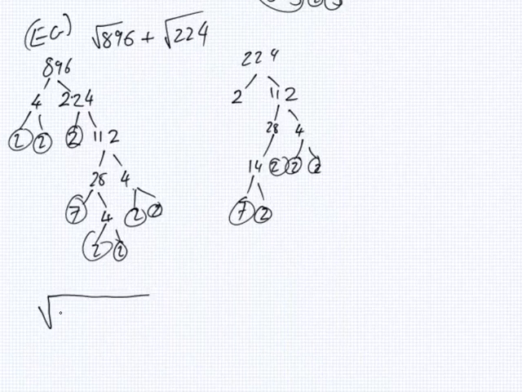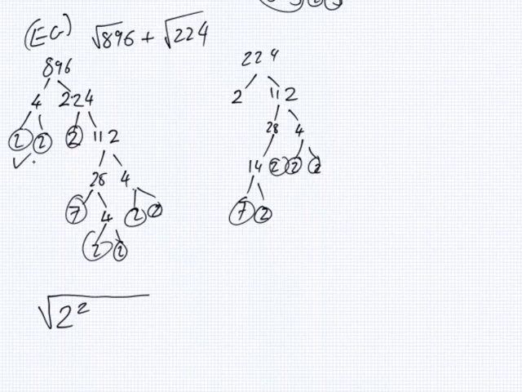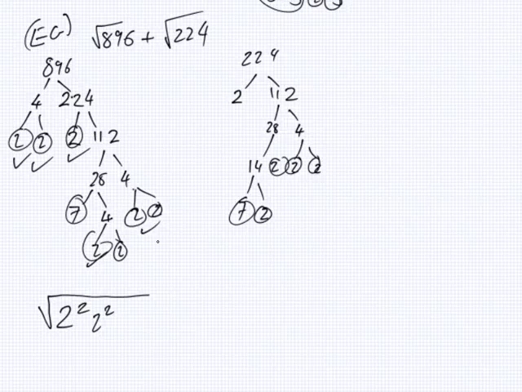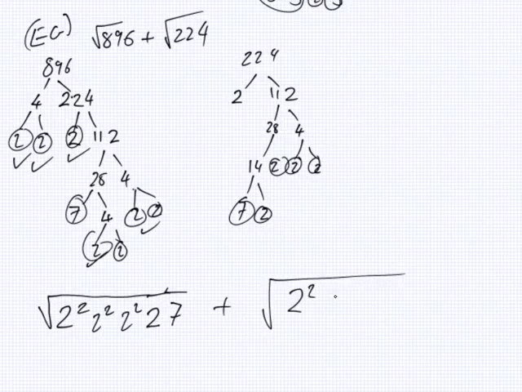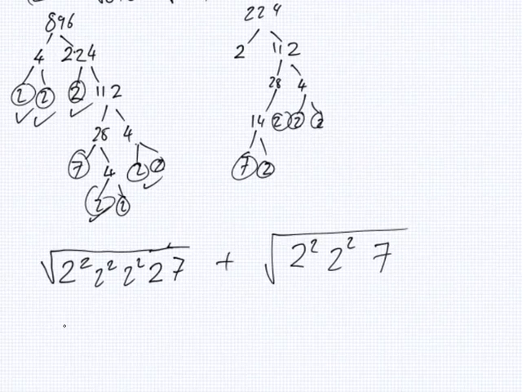It'd be root 2 squared, 2 squared, 2 squared, one more 2 and a 7. Yes. Okay. Plus root 2 squared, 2 squared, 7. Right. So this would be 2, 2, 2,